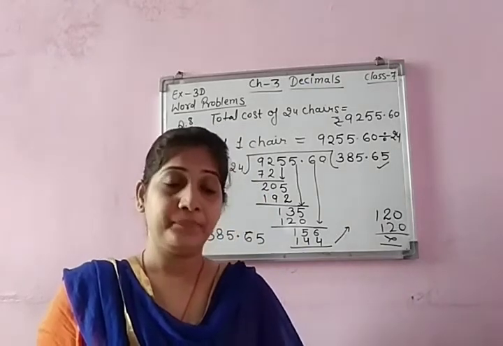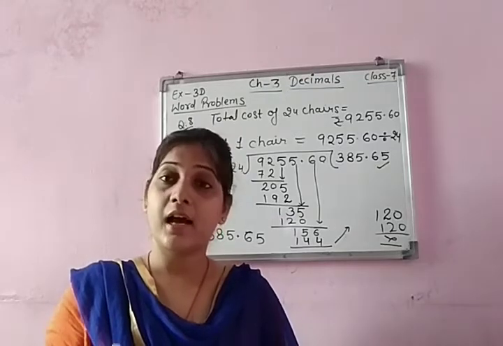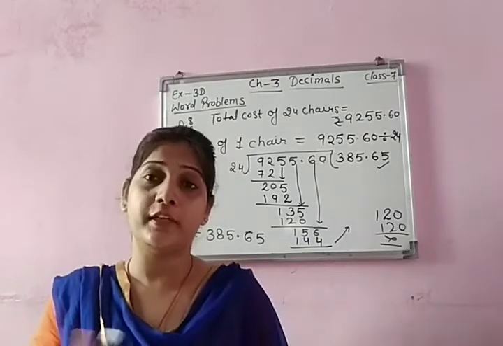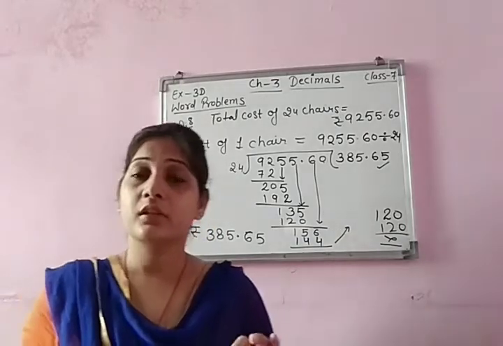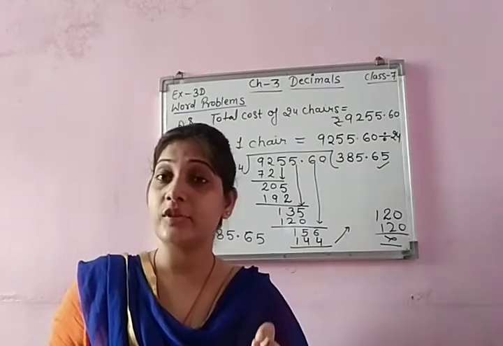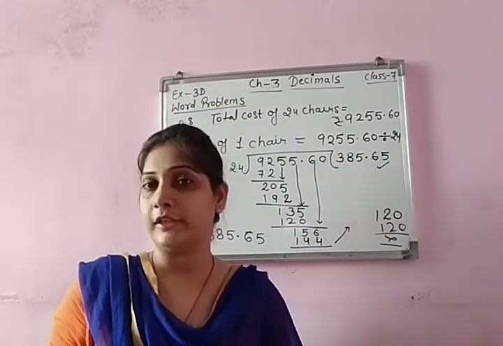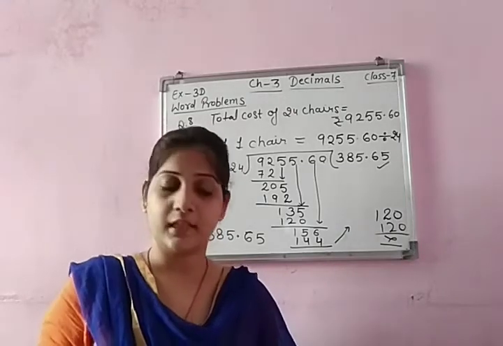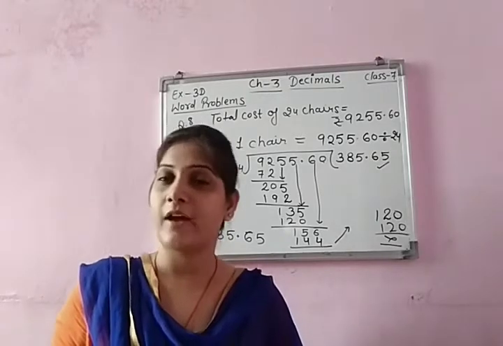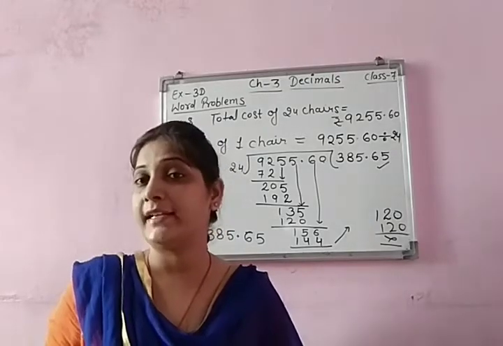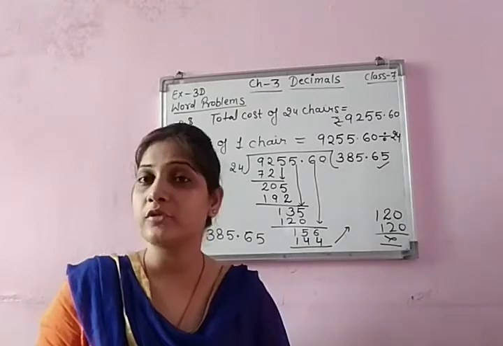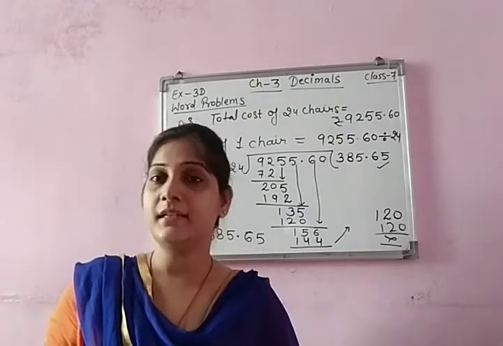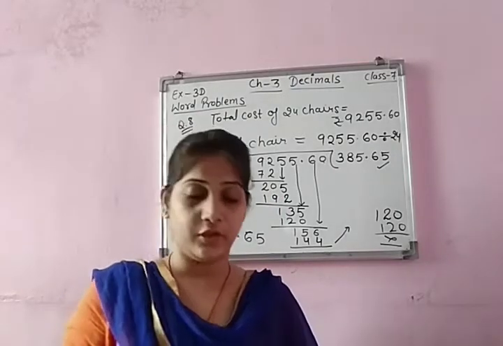Try. Okay. Question number 10. A car covers a distance of 22.8 kilometer in 2.4 liters of petrol. So the distance covered by the car in 2.4 liter of petrol is given. You need to calculate how much distance is covered in 1 liter of petrol. So you have to find for 1 liter, and for finding for 1 we have to divide. Now I am telling you, question number 9 and 10 you have to try to solve yourself.